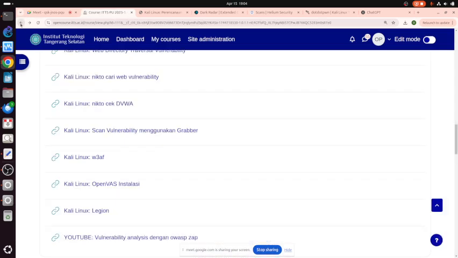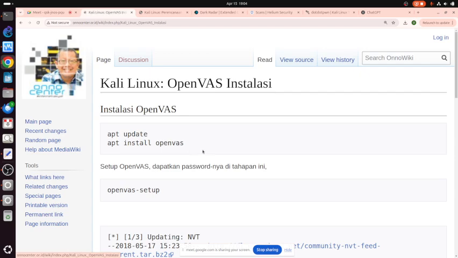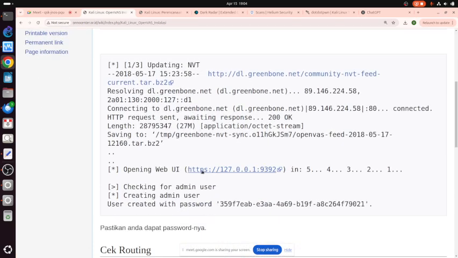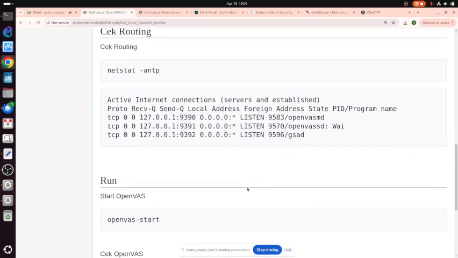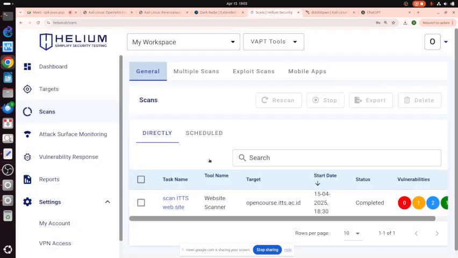Okay. And then the other one is OpenVAS. This one is not command line, I think. This one is GUI, basically. We need to install OpenVAS in Kali Linux, and we can do these things as well. We can run and set. It's web-based. Now, if we use Kali Linux to do these things it is getting more complicated. So my suggestion is we can use this one, the Helium, to do these things.